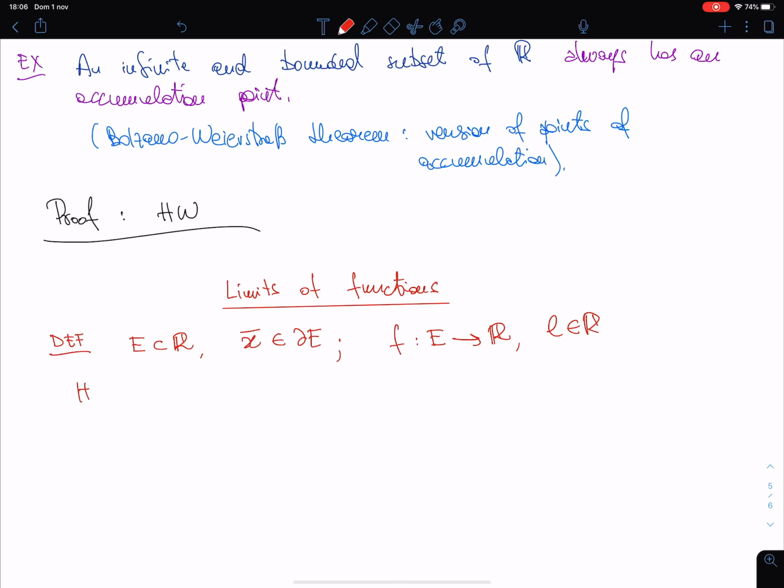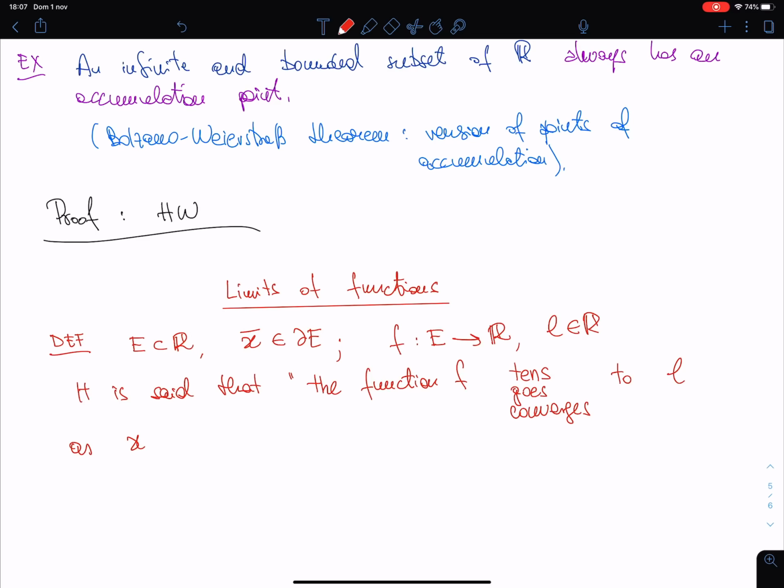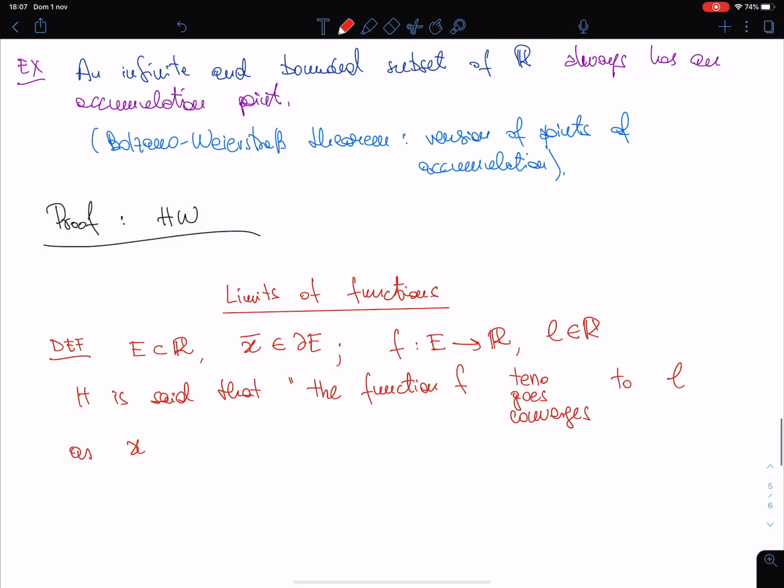Then it is said that the function f, and one can say tends, goes, converges to L as x tends, or goes, in this case not converges, to x bar, if,